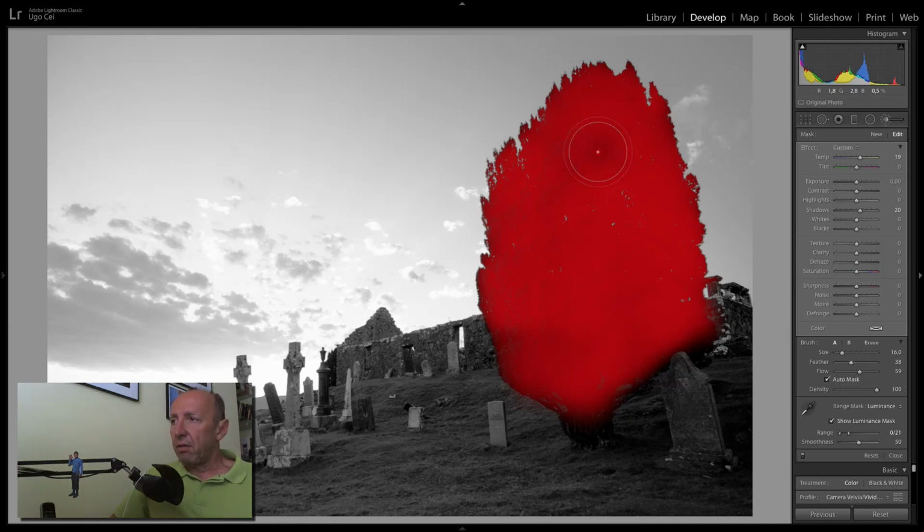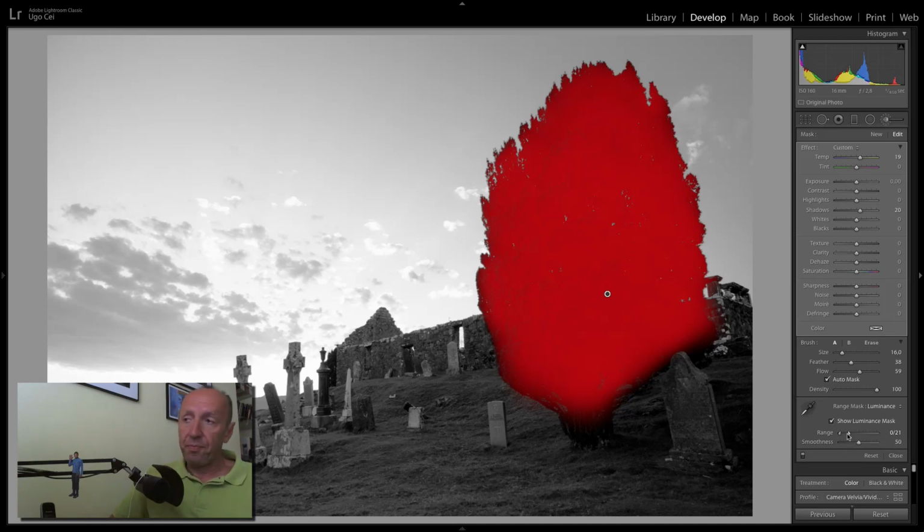I can paint to make sure that it's applied everywhere in the area of the leaves. You can see that using the picker, it automatically selected the range from 0 to 21. It means all the tones that are darker than 21% of the total brightness, from black to white, are included